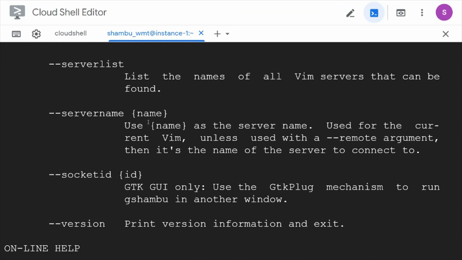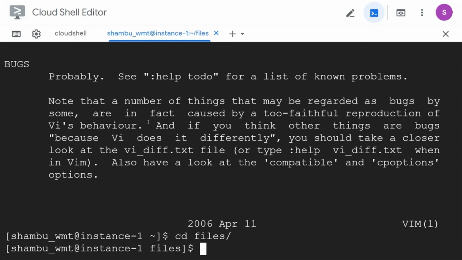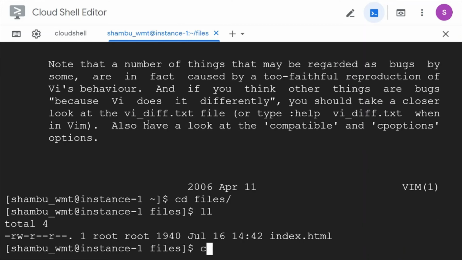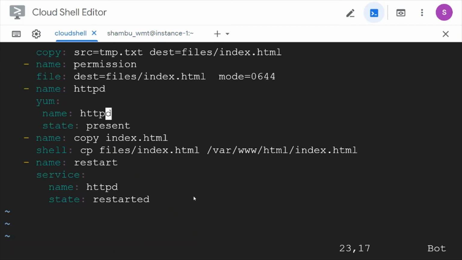So like this we can use the replace module, and this file should be copied inside the files folder, cd files, the index.html.